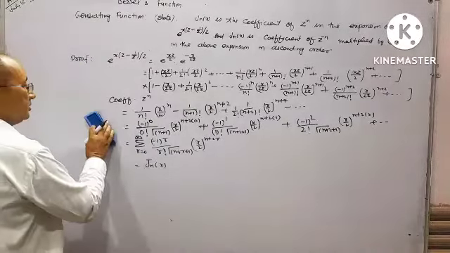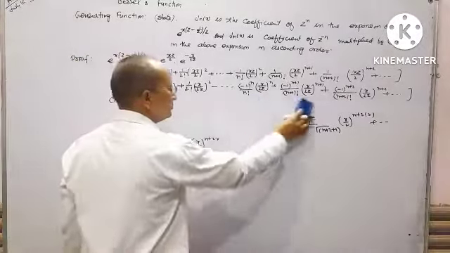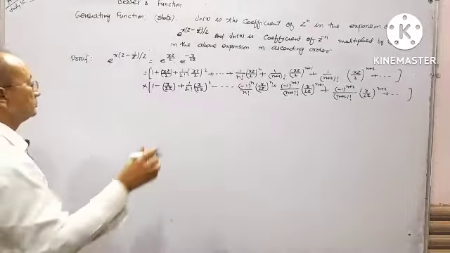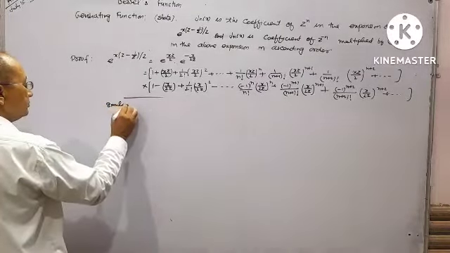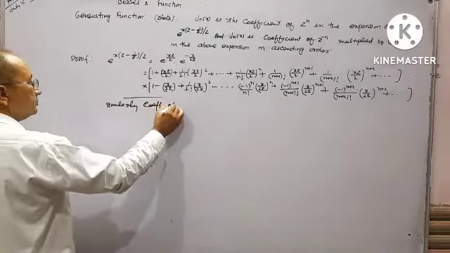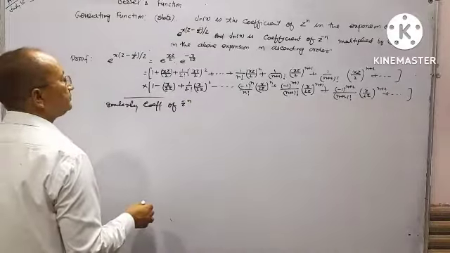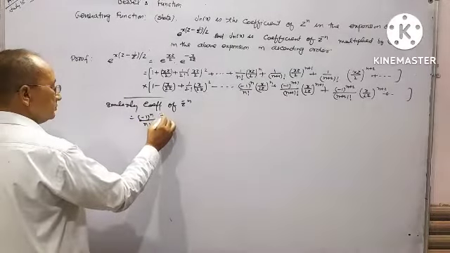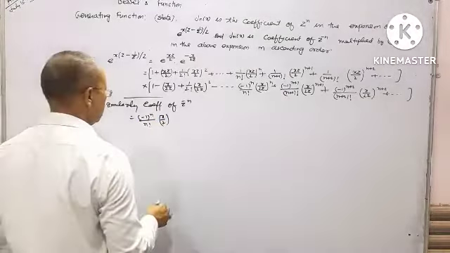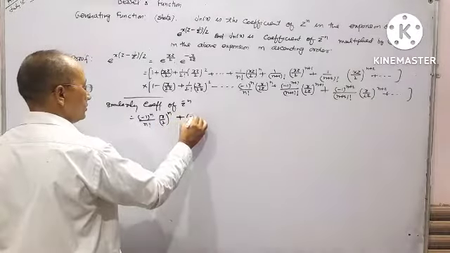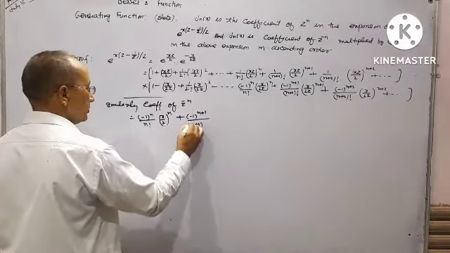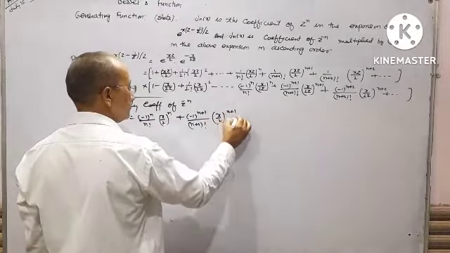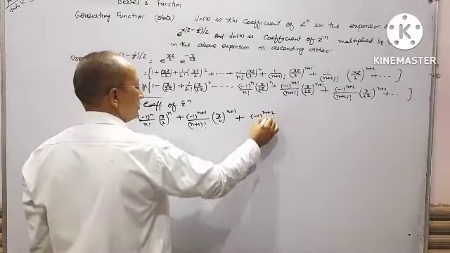Similarly, the coefficient of z to the power minus n is minus 1 to the power n upon factorial n (x/2)^n, minus 1 to the power n+1 upon factorial n+1 (x/2)^(n+1),